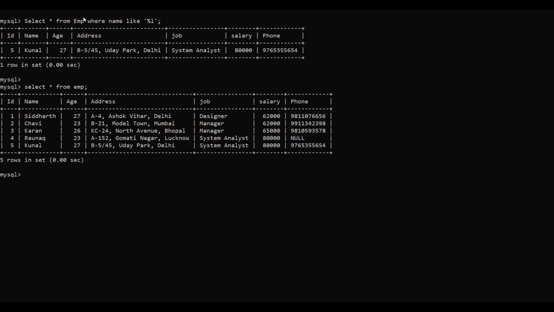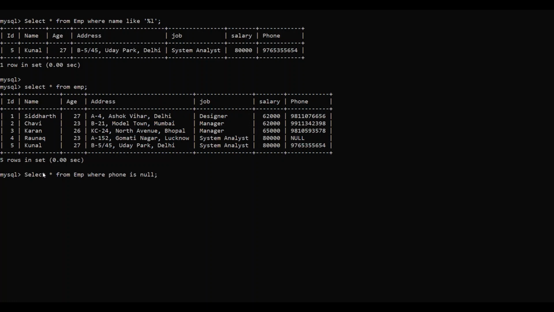MySQL supports a special value called null to indicate the absence of any value. So in my table, if I want to see all the records where phone number is missing, I can give select star from EMP where phone is null. It is very important to note that null values are not checked with the equal to sign.